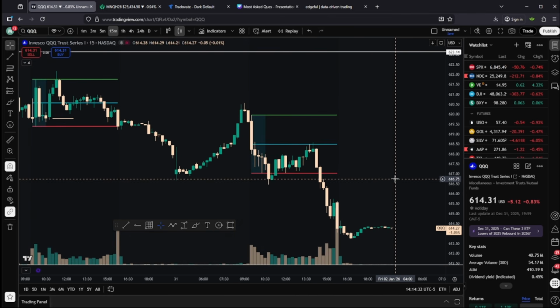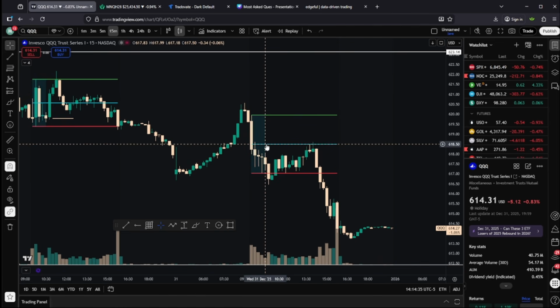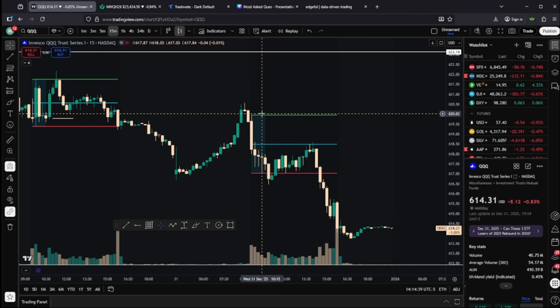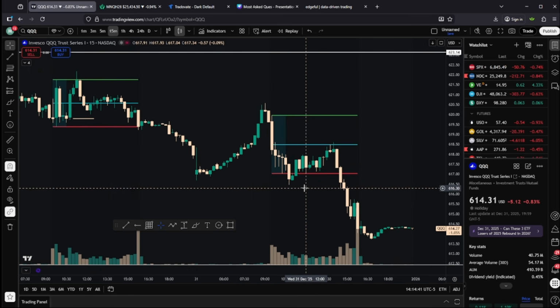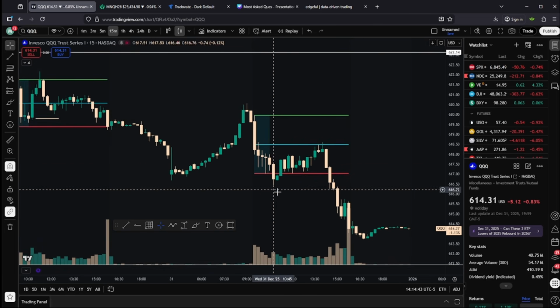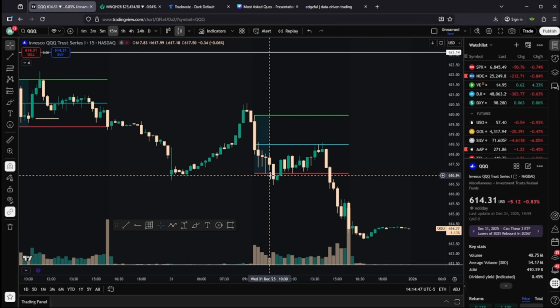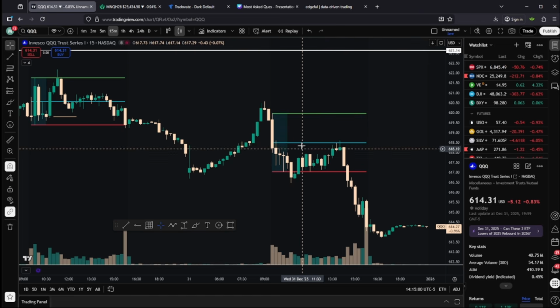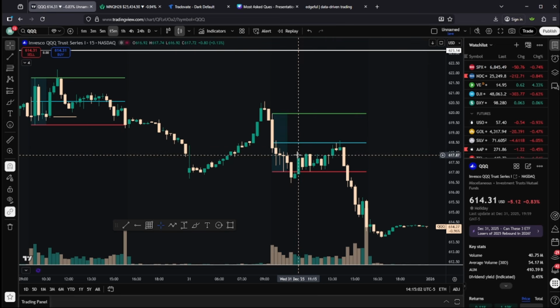So the IB by rejection, you're looking for either a break of the low or a break of the high, depending on whether the high or the low is formed first. Wednesday, December 31st, great example. We had the high form first right at open, and then we had the low form at 10:15. As you can see, we never got back to IB50. That's the best entry model there is for the strategy, but you can take the trade without it running to 50%.